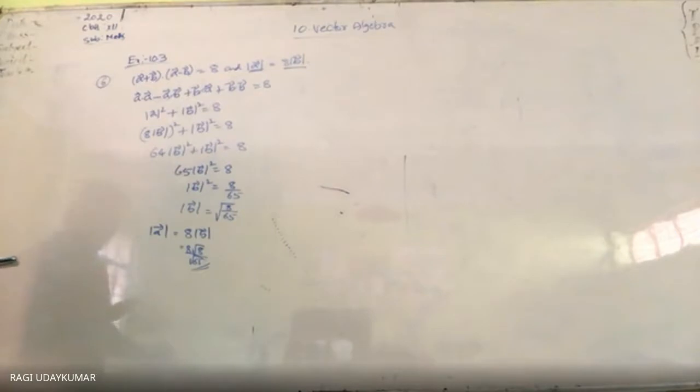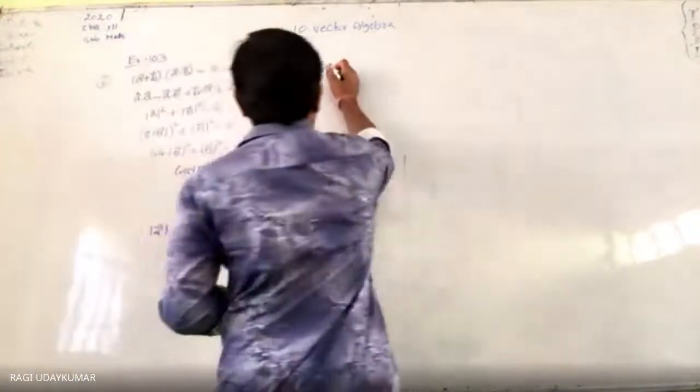That easily you can do it. Seventh question. And eighth question, find the magnitude of the two vectors having the same magnitude such that the angle between the two vectors is 60 degrees and the scalar product is given. This is simple. And the ninth question is also you can do it. And tenth one is A bar, B bar, C bar is given. See the 10th question. Question number 10.